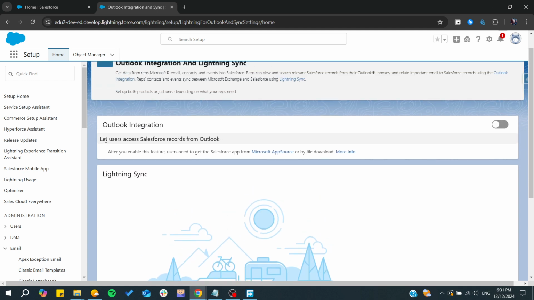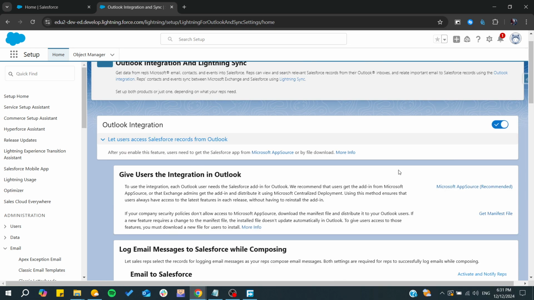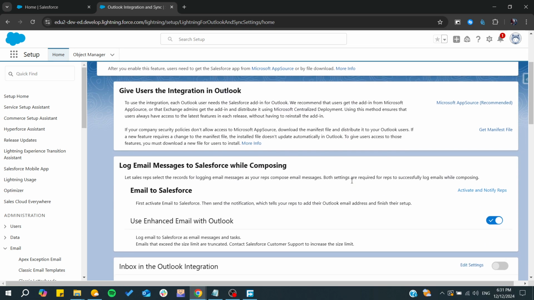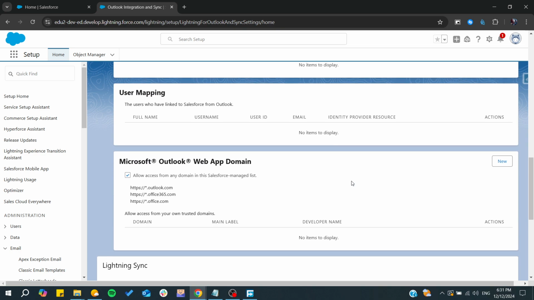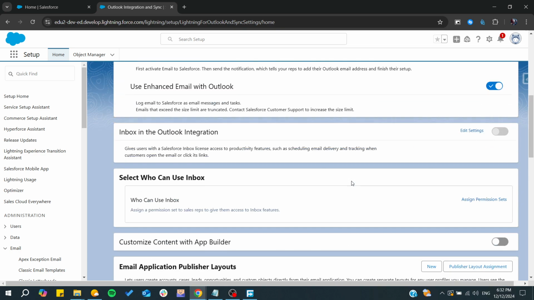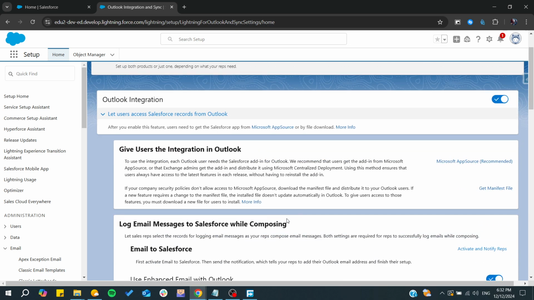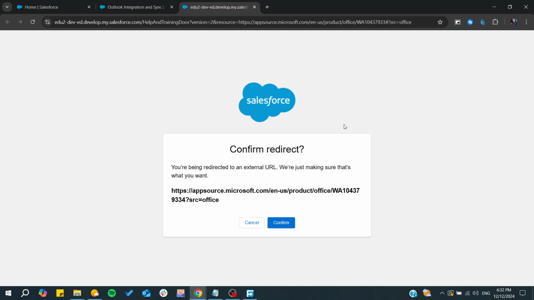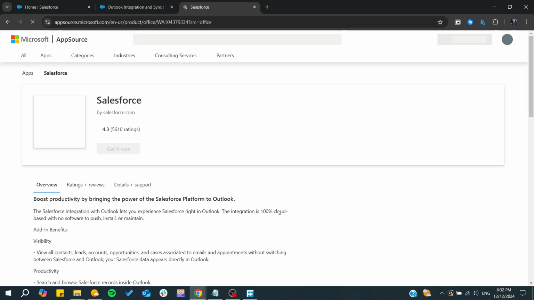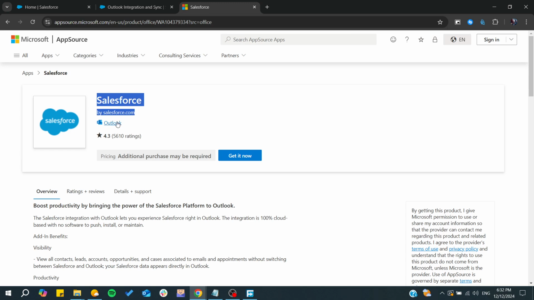And basically, you will need just to make sure it is enabled. And from here, you will be able to start syncing your Outlook account. So basically here you will let just the user access the Salesforce records from Outlook, and basically you will need just to give them the integration and Outlook, and you can find it in the Salesforce Outlook. So as you can see, you can just get this Salesforce application from the Microsoft's app source,